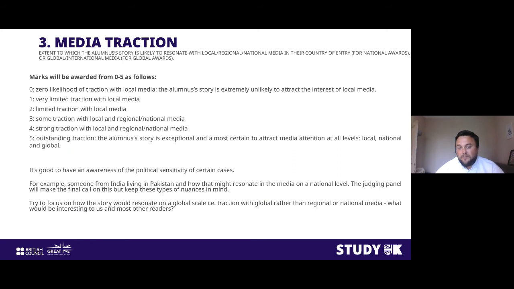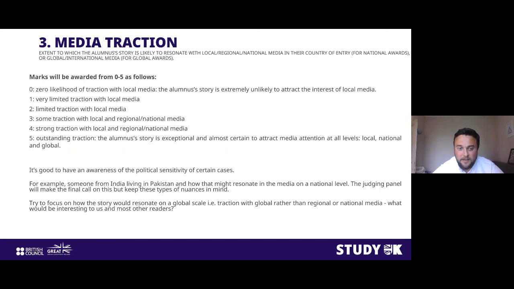And it's also good to have an awareness of political sensitivity in certain cases. So we've got one here of someone from India living in Pakistan and how that might resonate with the media on a national level. The judging panel will make the final call, but it's good to keep these sorts of nuances in mind when you're expressing your application and how in different countries that's of particular interest, and highlighting that